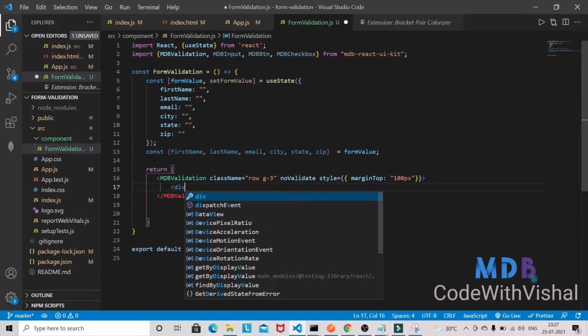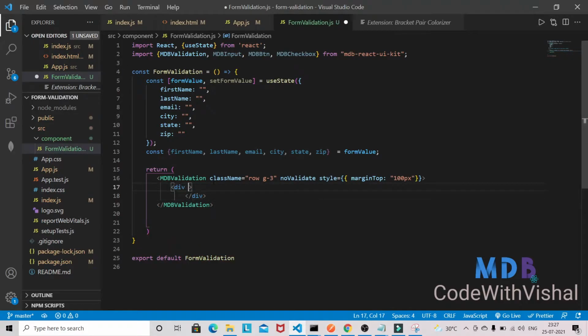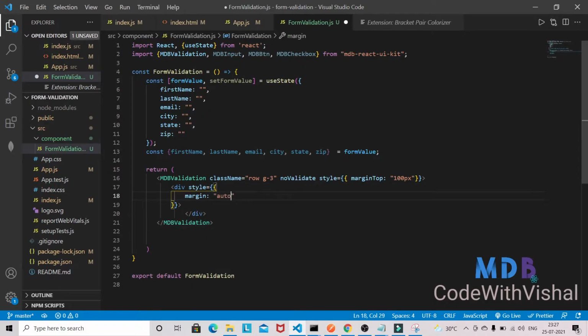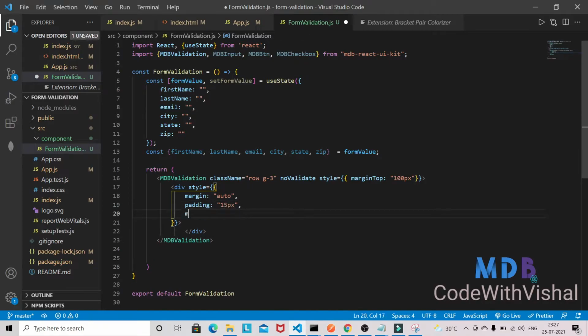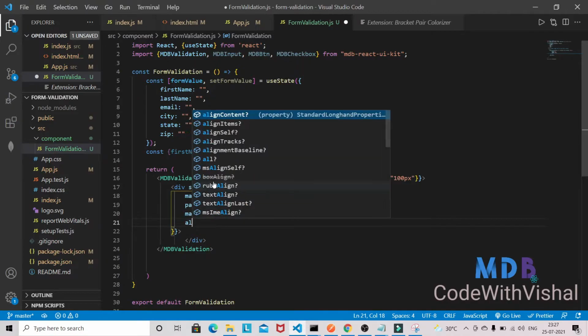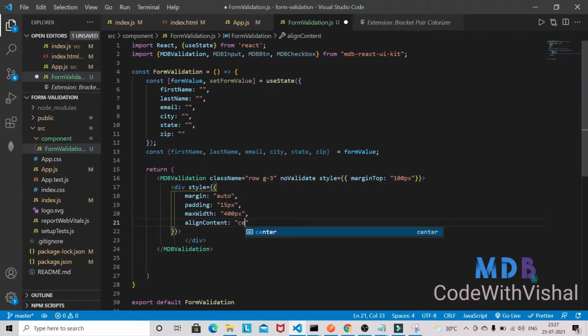Inside that I will have one div, and this will also have some inline style: margin auto, padding 50 pixels, maxWidth 400 pixels, and alignContent center.